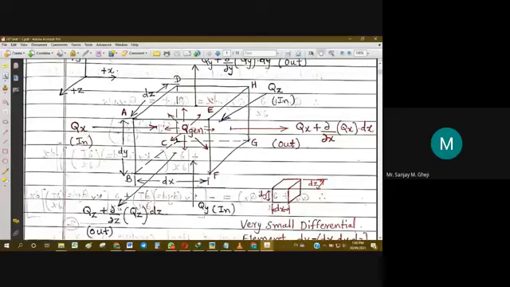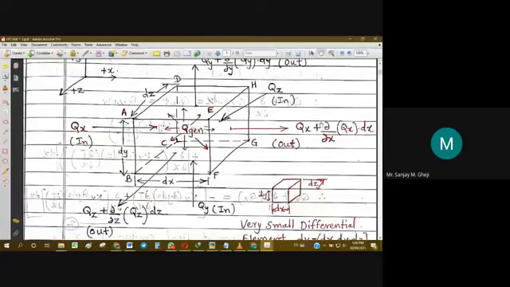So this is the heat incoming into the element, and this is the heat outgoing from the element, the outlet. While passing through this element, whatever change is happening to the heat transfer will be added like this. So at the outlet we have Qx, which has already come in, plus this change, ∂/∂x of Qx into dx. This differential is the rate of change, and this is over the distance dx, so it is multiplied by dx. So it indicates the total differential change.